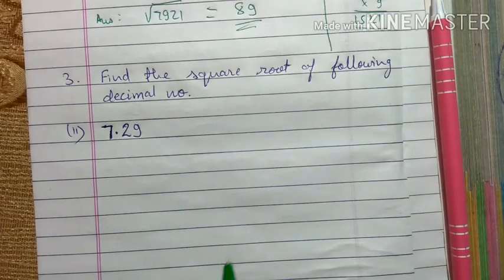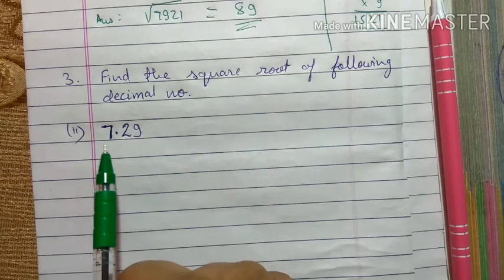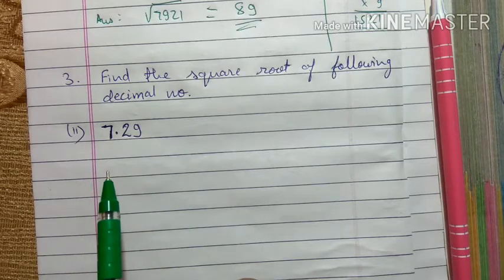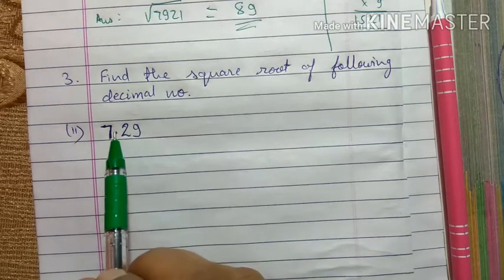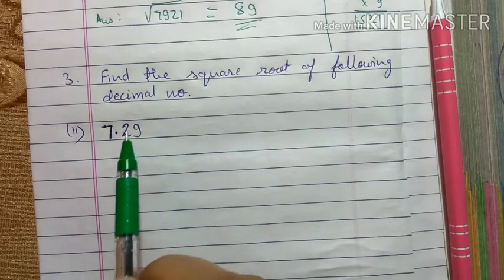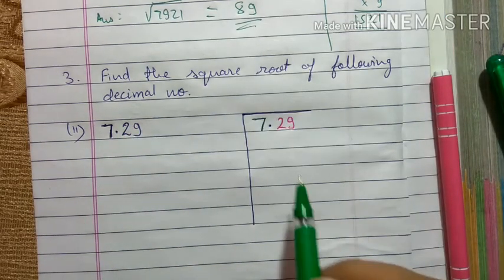So this is the second question. We have to find the square root of 7.29. First of all, in this question there are two parts: one is the whole number part and the other is the decimal number part. So we will write it this way,